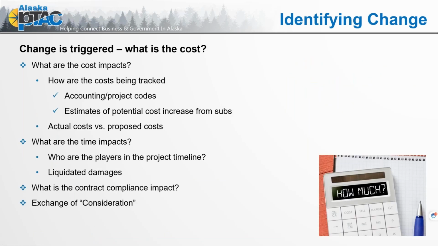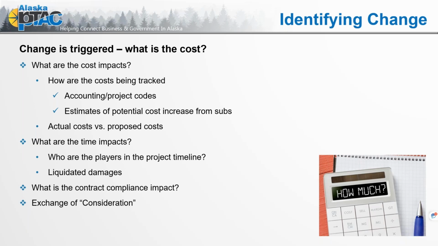So change is triggered, what is the cost? Let's talk about how much, identifying that change. What are the cost impacts? How are the costs being tracked? So accounting practice, project codes: how do you internally identify your direct costs for completing a contract? In all the training I've done over the years on contracting for change, they talk about having your project accounting codes, but then a subset for change orders. Each new change then has a new accounting project code that we start identifying